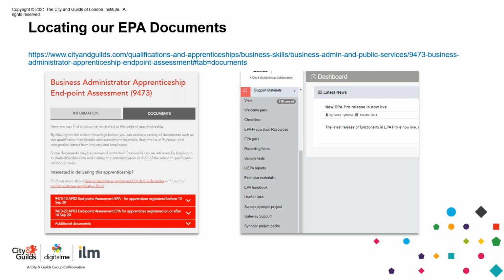Likewise, for the new version, 947322, so AP03, make sure that you are choosing the correct documentation. So that's the second drop down tab there, and in there will be the specific EPA packs for that relevant version.